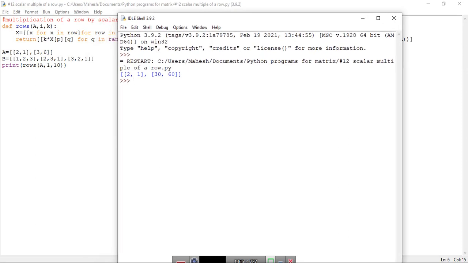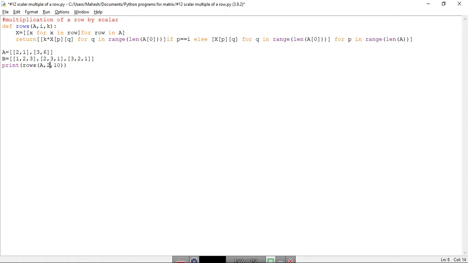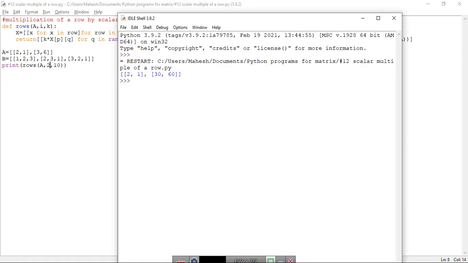So what it did is it has taken the 1, right? Matrix A, the 1 means this, and you have multiplied this by 10, so you got this. But if you make this 2, let's see what happens. 2 means now the third row, but in this case we don't have a third row, so you will get the same matrix here, 2 1 3 6.